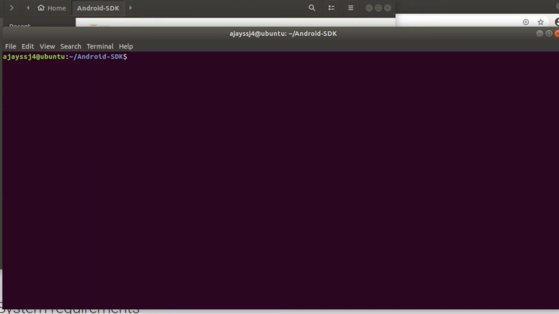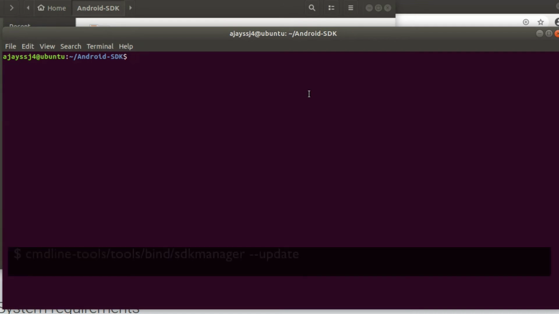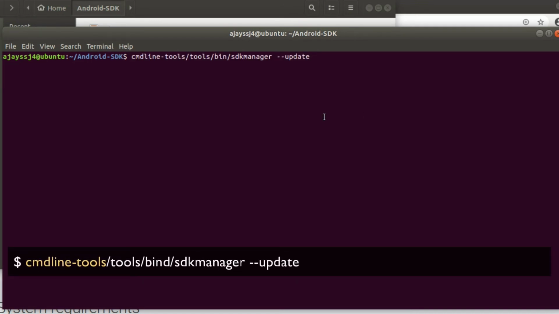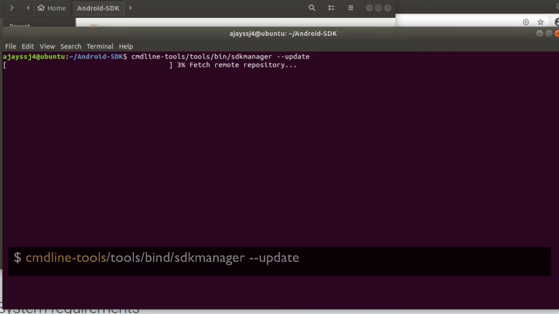Re-execute the same command, but this time with the prefix cmdline-tools folder name. Now it displays some output on screen.